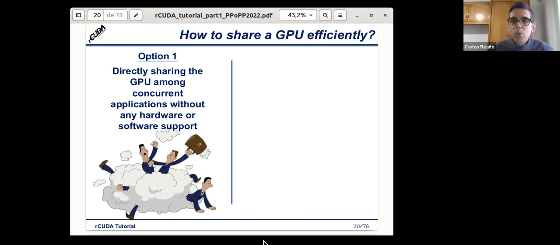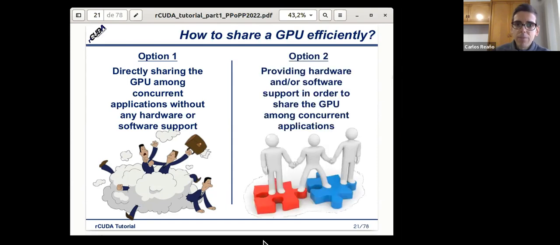And who has priority? Which application has priority for using the GPU? Things like that. Okay, it seems not a very good idea not having anything, either hardware or software, in order to orchestrate or to support this sharing. The second option will be having some support from hardware or software to efficiently share the GPU between different applications.